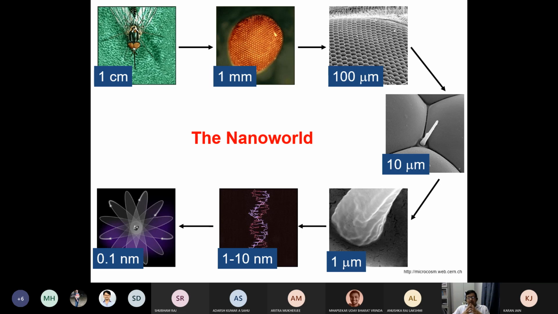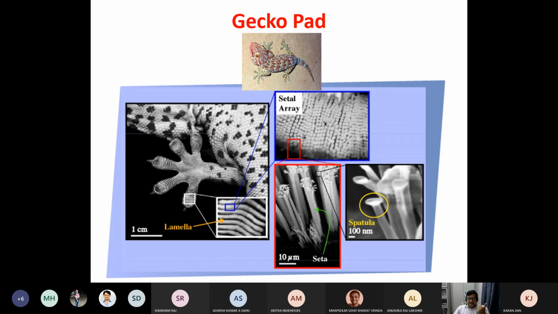Okay. Now the question is, what is a surface and how do the different types of surface properties emerge? I have already discussed that if you look at the eye of a fly, you will find artificial microscopic structures, microstructures and nanostructures embedded, which help the fly develop a very unique eye with very unique properties. Similarly, we also discussed the gecko pad,